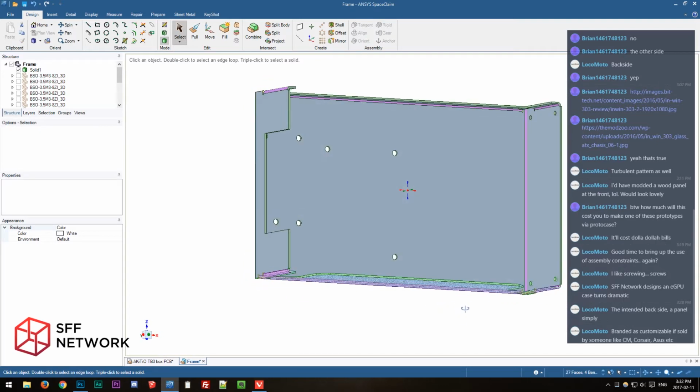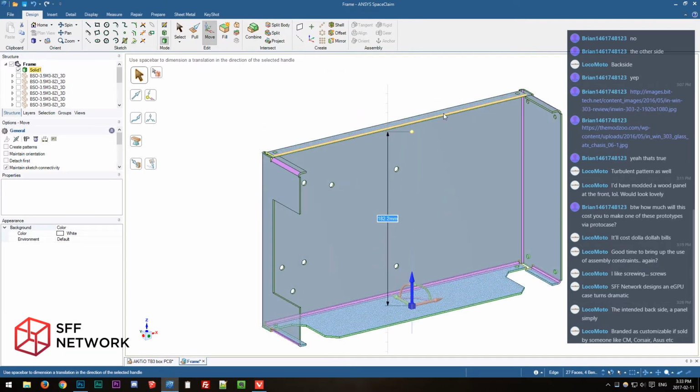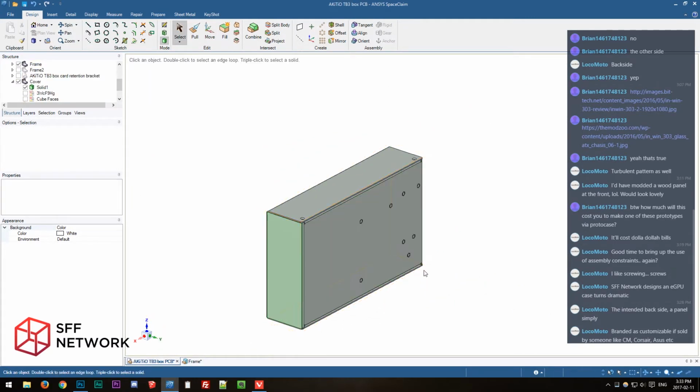Let me see. I think we'll just move all of this up 0.2 since it's not really going to have any effect on the fitment of the HDplex, and then that will give us a nice even number. Not that it really matters, but whatever. And then if we go back to the cover,